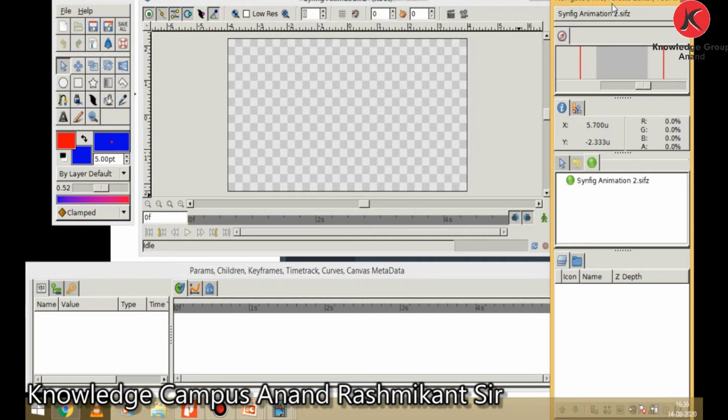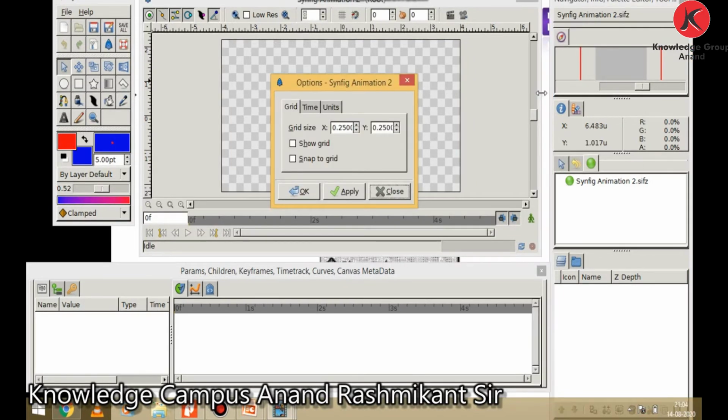Some panels share the same space inside the dock dialog and we can switch between them by clicking on their tabs. We can rearrange the content of the dock dialog by dragging the panel tab to where we want it. If accidentally we close a panel, go to the toolbox, select File, Panels and click on the name of the panel you need. Let's discuss the function of some of the important panels.